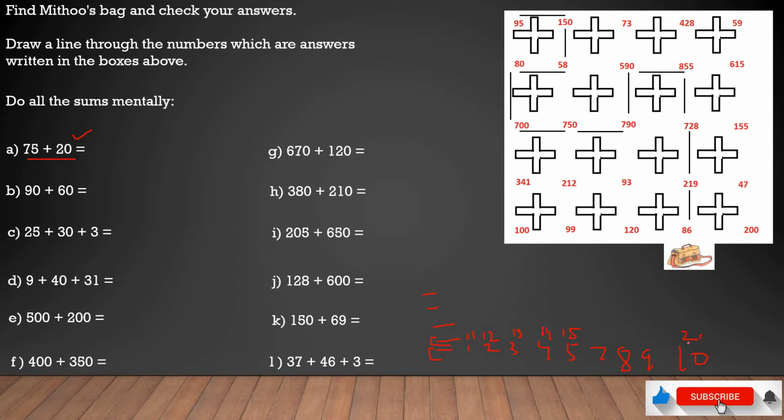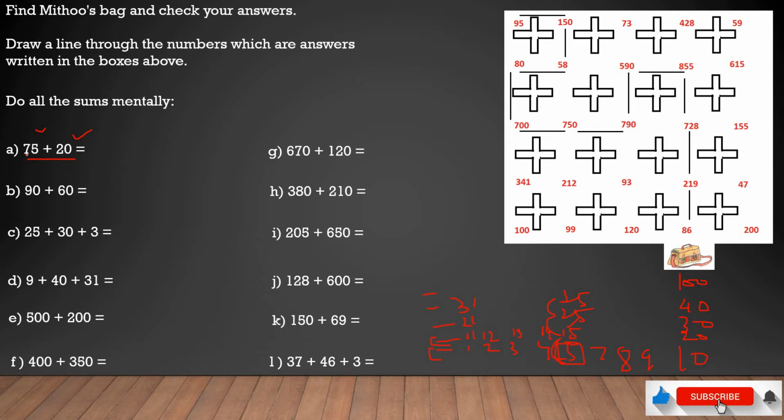So the numbers went till 20, then again starting from 21 till 30, and again from 31 till 40. That's how this entire table was shown in the previous video, and we kept 100 numbers till 100. So if you check here, we have 75 and we want to add 20 to 75. If you add 10 to 5 you get 15. In 15 if you add 10 you get 25. If you add 10 more to 25 you get 35.